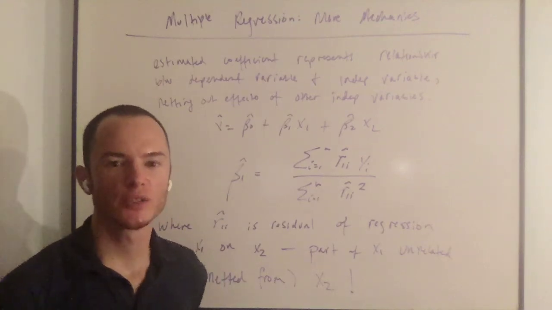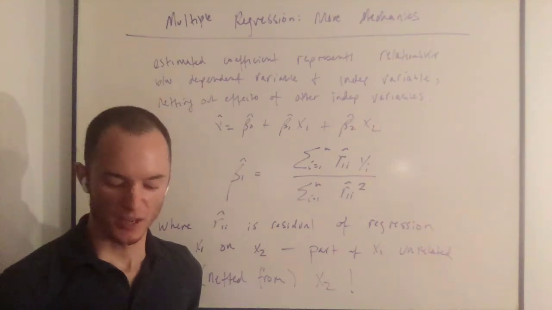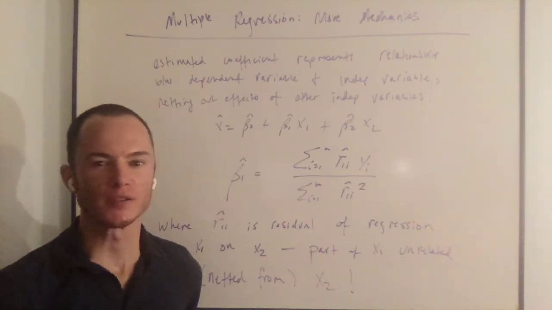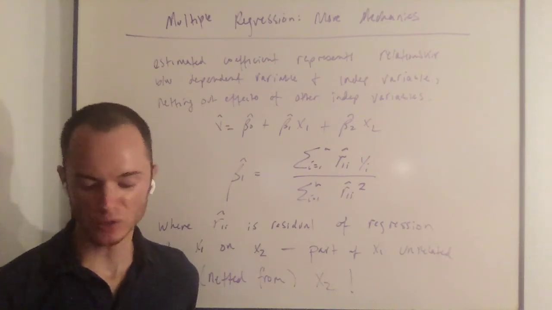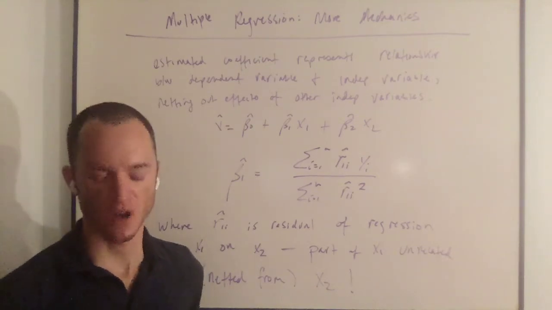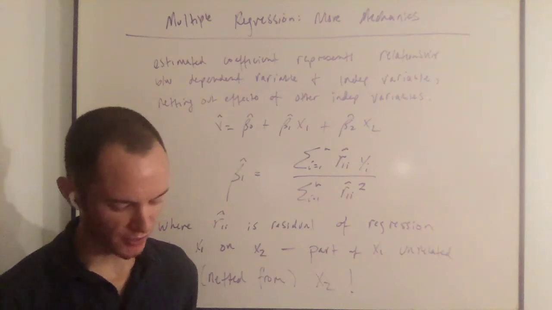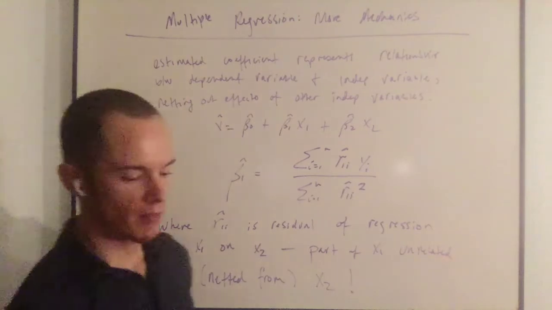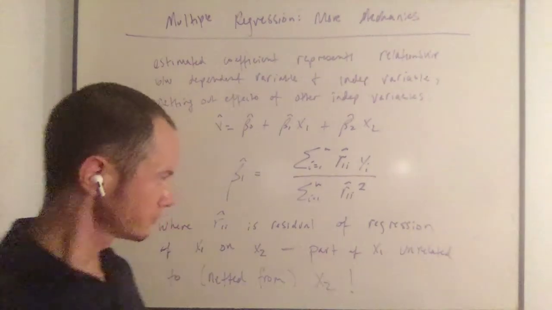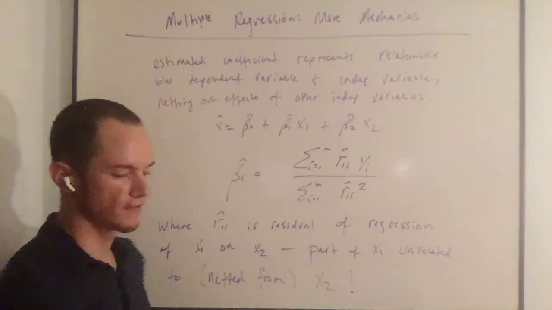In this video, we're going to continue discussing multiple regression. We'll talk about some more mechanics around multiple regression, and we will conclude with the expected value of OLS estimators. So there's one thing that I'd like to talk about in terms of mechanics and interpretation of the coefficient beta